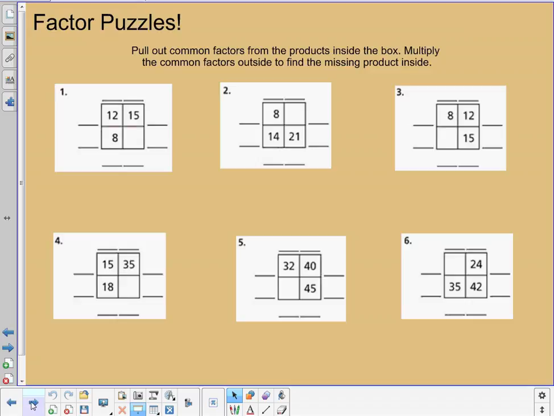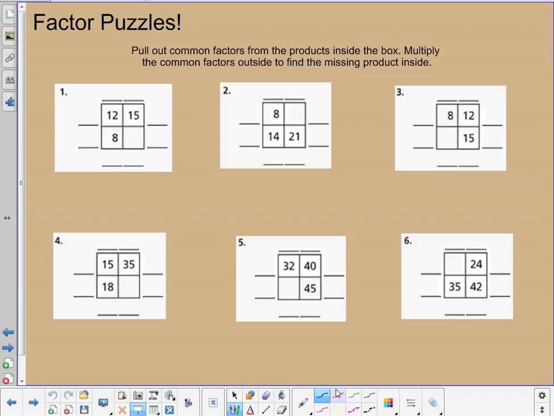We're going to get into a lot of factoring in chapter 8. And so we're going to take a little time outside of class. This is part of your outside of class responsibilities to do a little factoring review. So up the top of your page, factor puzzles. We want to pull out GCFs to see what the missing product on the inside of each factor puzzle may